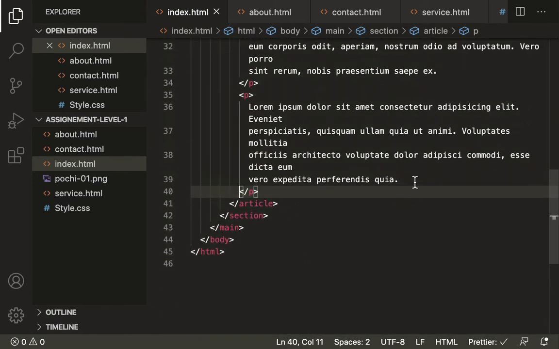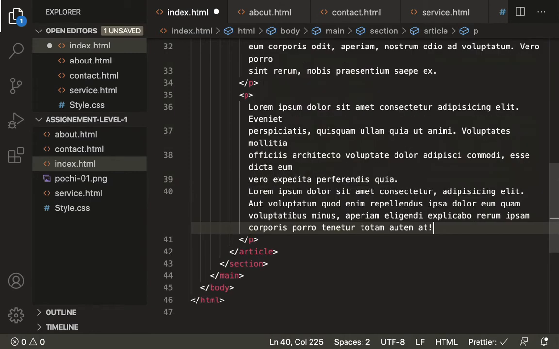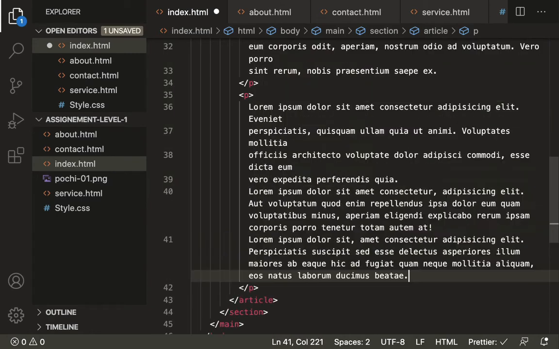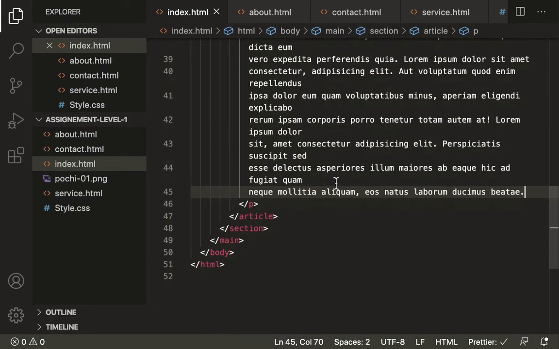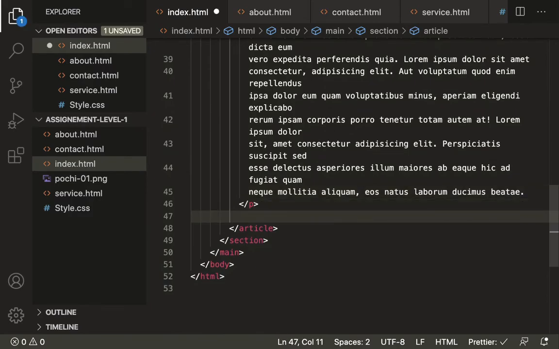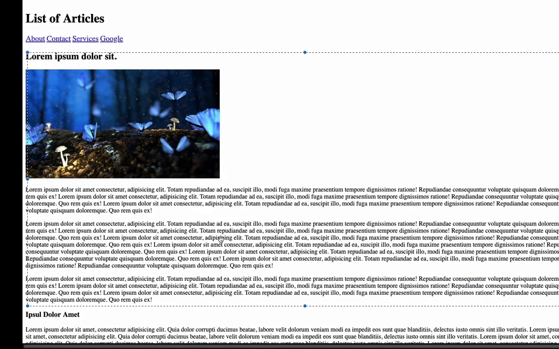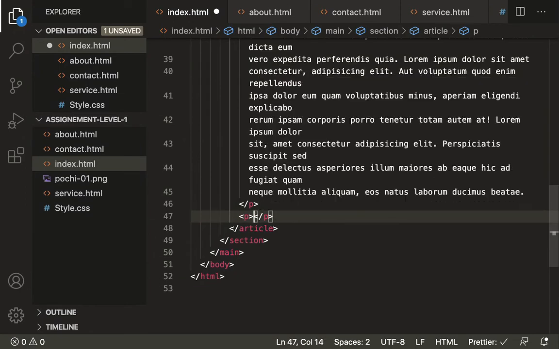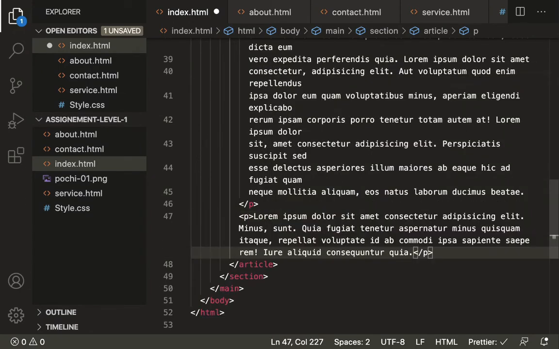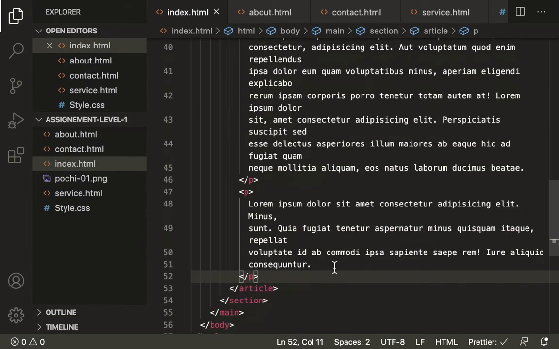Again, inside this paragraph, we will be taking it 3 times. Alright, so we have a big paragraph in the middle, then again a small paragraph. You can take it 2 times. Some, save it first, then take again.